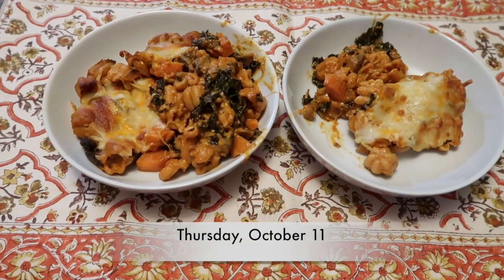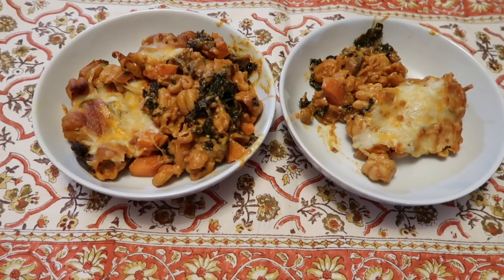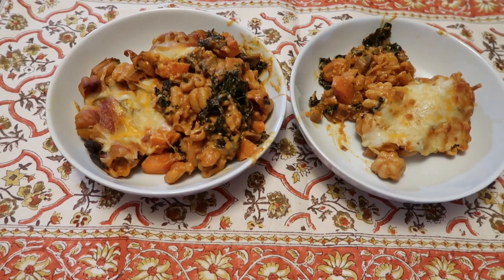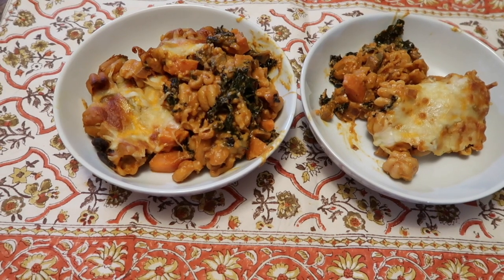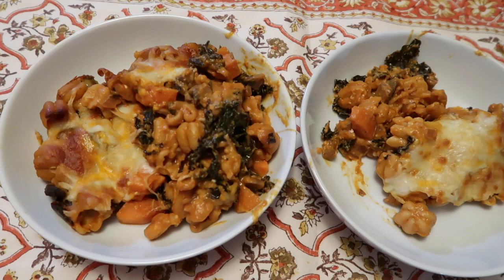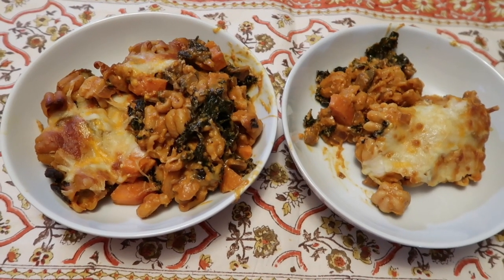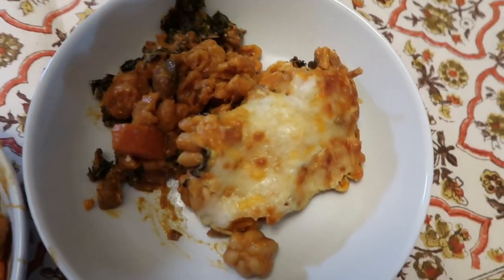It's Thursday night, and tonight I'd planned spaghetti for dinner with mushroom and onions, and realized that when I got home I had no spaghetti sauce. I had used it a while ago, and I haven't been to the grocery for a couple of weeks, so I had to come up with game plan number 2. So what I did have in my pantry was